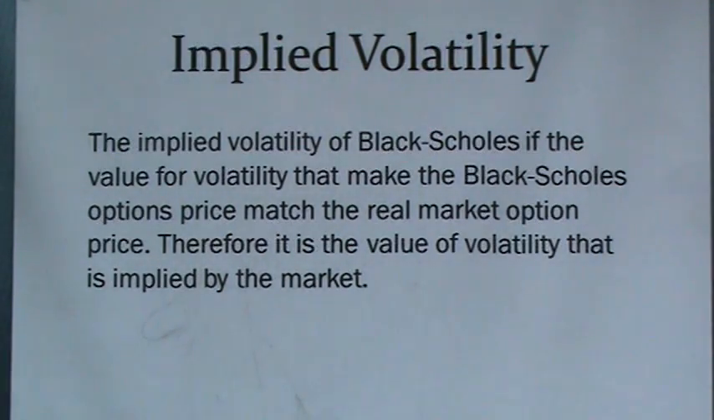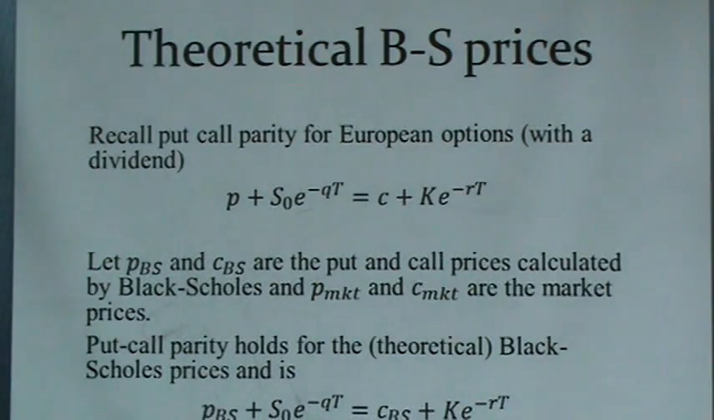Okay, so the implied volatility of the Black-Scholes model is the value of the volatility that makes the Black-Scholes price match the market's price. Therefore, the implied volatility comes from the market. It'll make a little more sense when we go over an example. I'll go over an example in Excel shortly. But